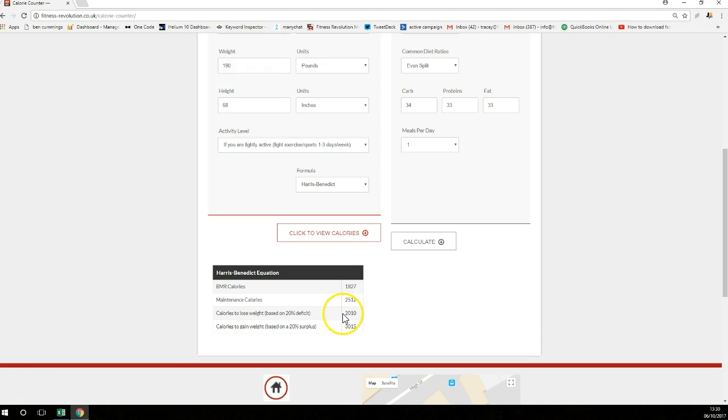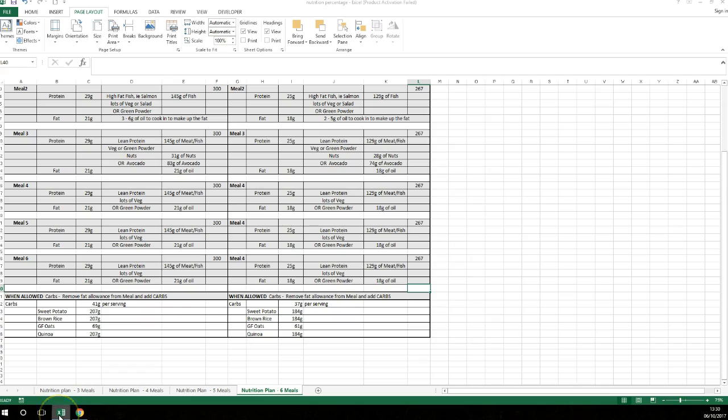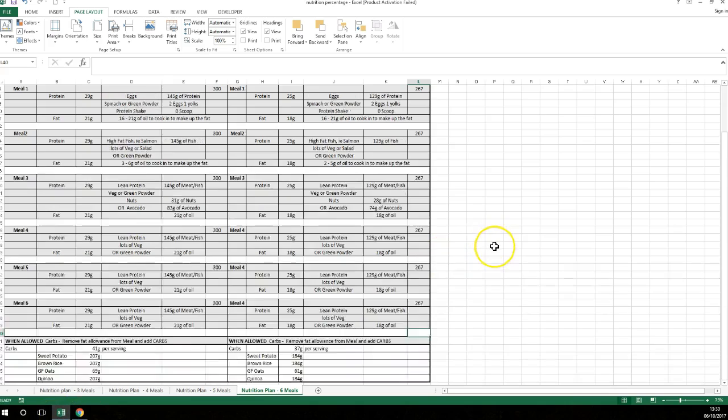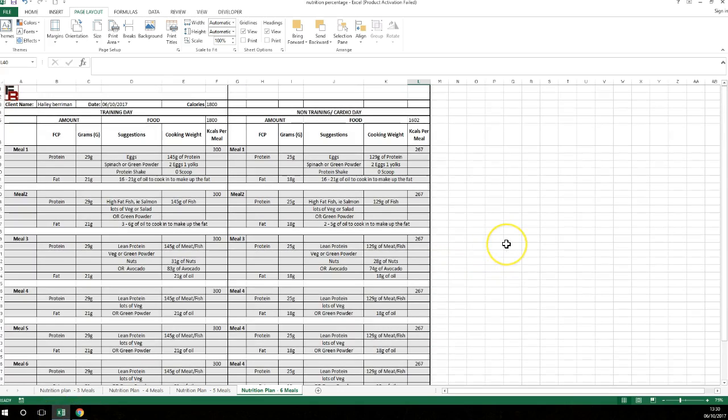So for now, we're just going to take this 2010. Now, of course, if your client actually wants to add muscle, we want them in a calorie surplus. So in my case, I'd need to be on just over 3,000 calories a day, okay? So now I know the actual calories that I need, okay, 2010. I'm going to come along to the calculator here. Okay, now if I scroll up to the top,